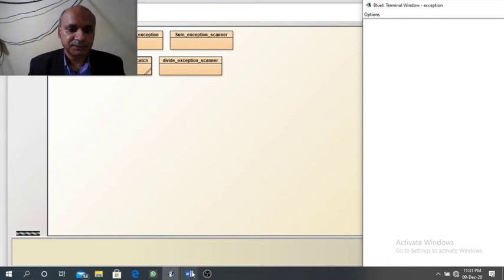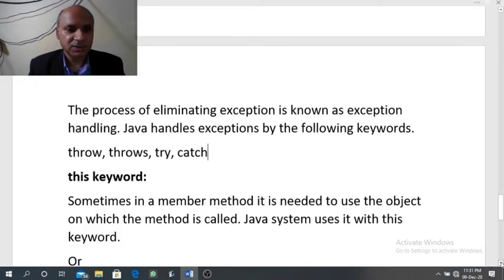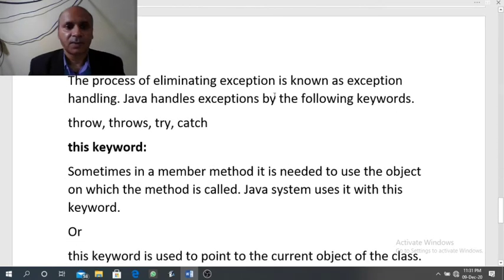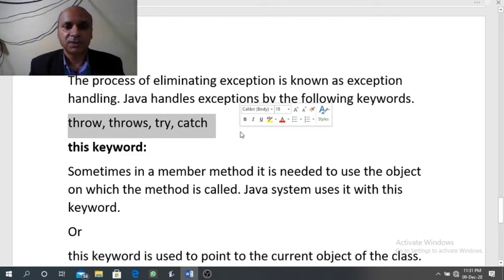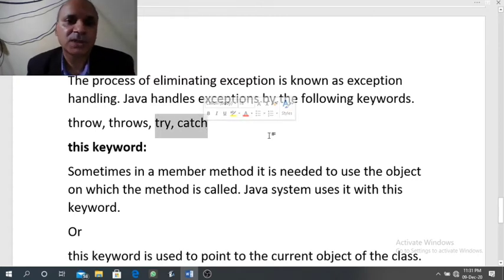So for that, to avoid this unexpected situation, we have to use these four keywords: throw, throws, try and catch. Try and catch are used together as a group. Try cannot be used alone, catch cannot be used alone. They are used together just like switch case.